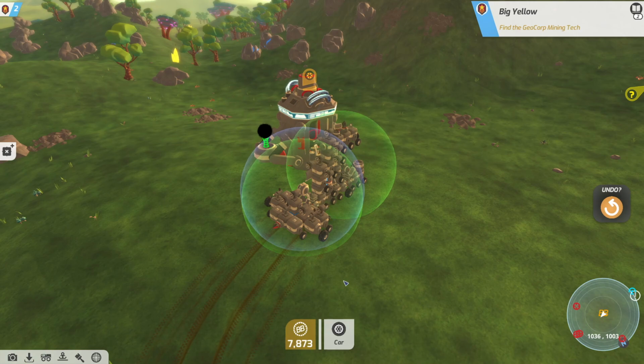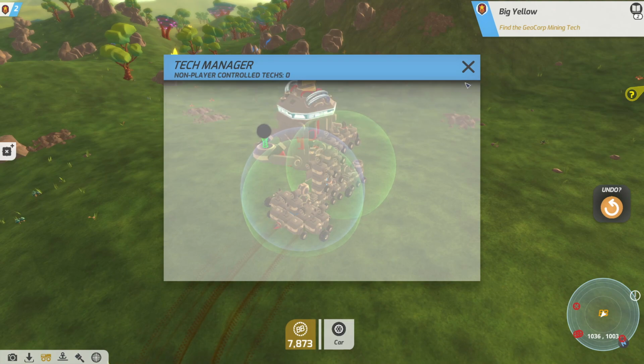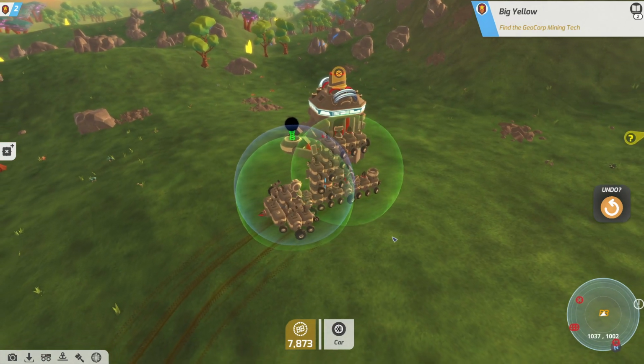I'm gonna put that one away, and then I think I can go in here. I can go to manage tech. I can tell this guy, and I can send blocks to storage. So that way that thing's stored also. Other thing I can do also now